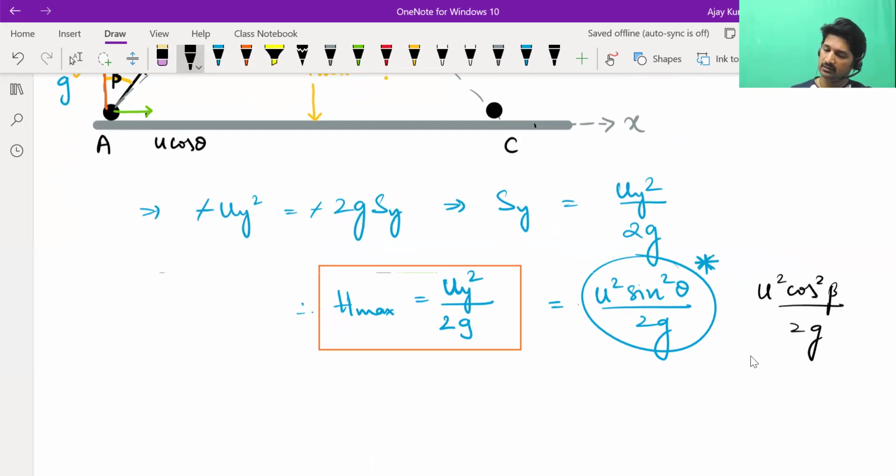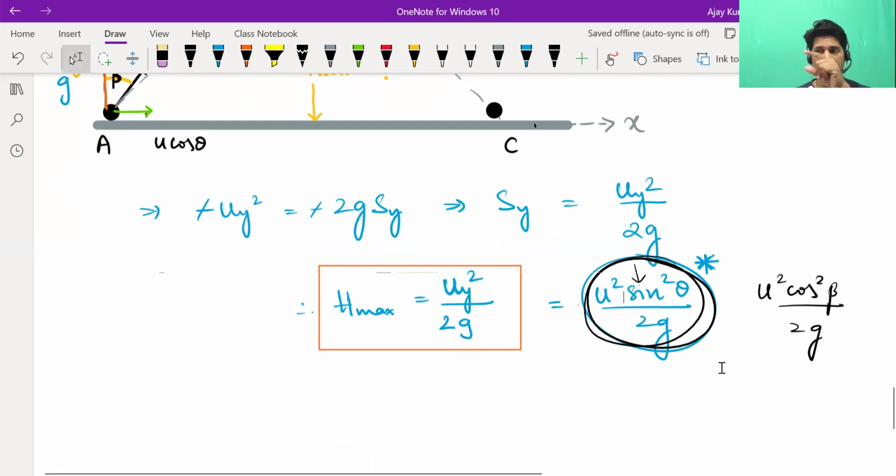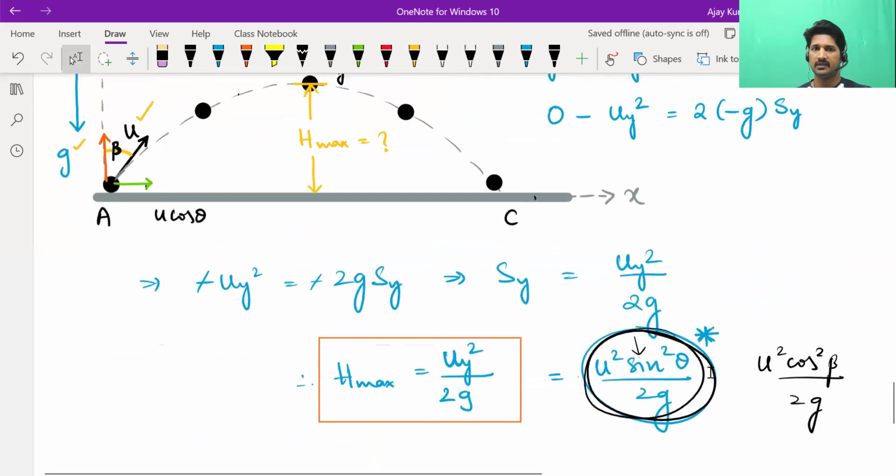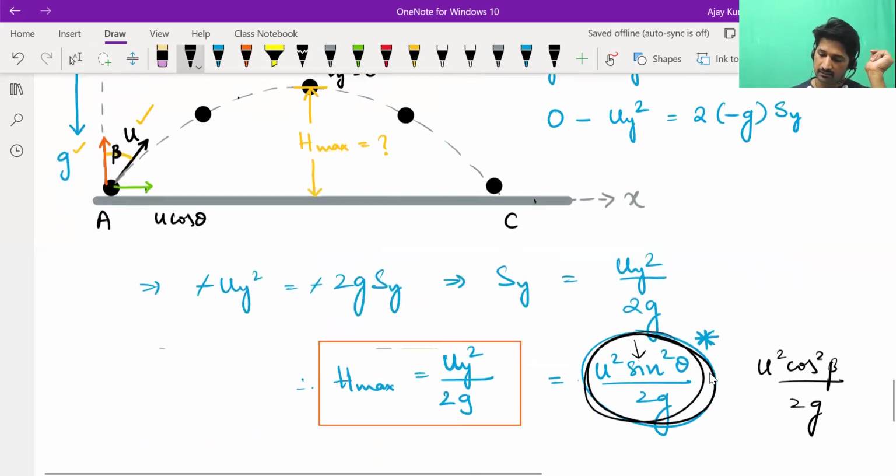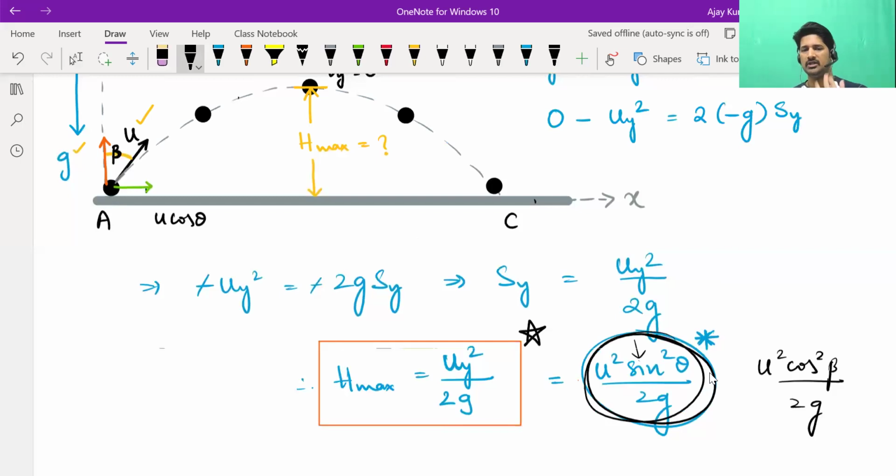So that is why remembering this formula is risky. Because if you remember it as sine, then sometimes in a hurry, you may make that mistake. You may forget that the angle theta should be with the horizontal. Okay. That's why remembering it this way is better: uy square by 2g. Get the y component and put it here. Okay. So that's what I said. That is the problem with remembering cos and sine.